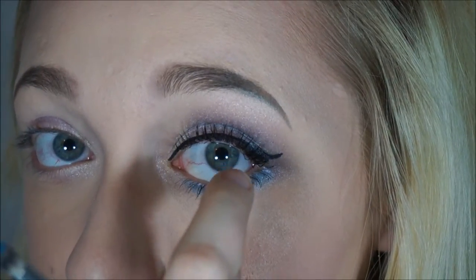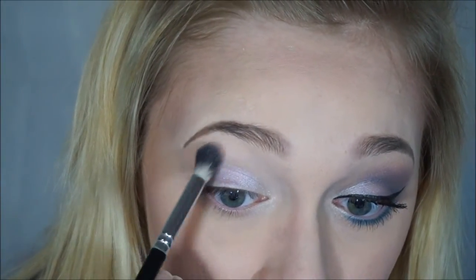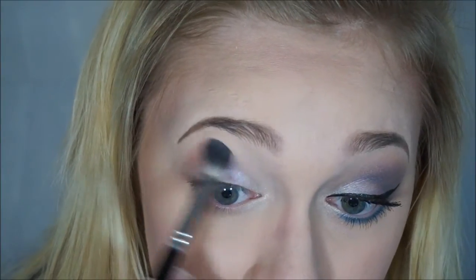you see how it kind of goes from dark purple to a light brownish beige type color. So I'm taking the shade called Sun, and I'm just using that as my blending color, and I'm not using a lot of it. I'm just using it really lightly